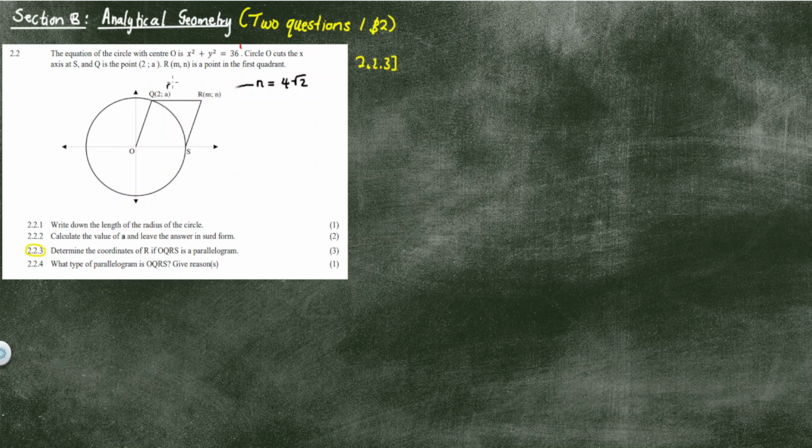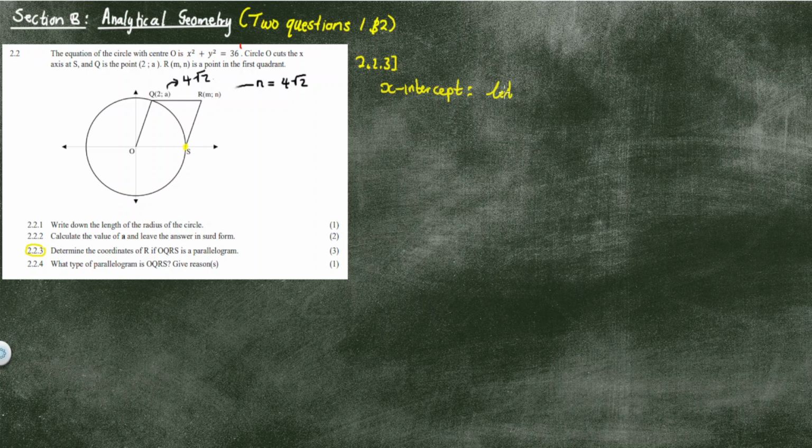So here it's 4 square root 2. Alright, so 2.2.3. We start off by calculating our coordinates for S, which by the way, the S point here, it's what? It's the x-intercept. So we want the x-intercept